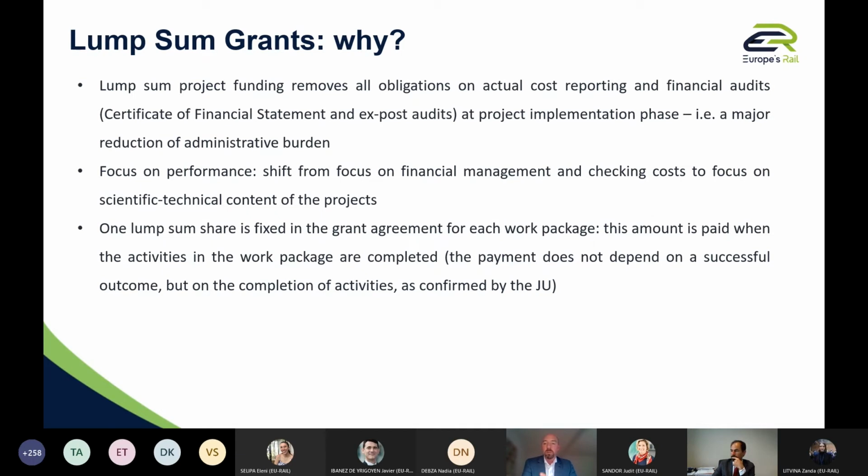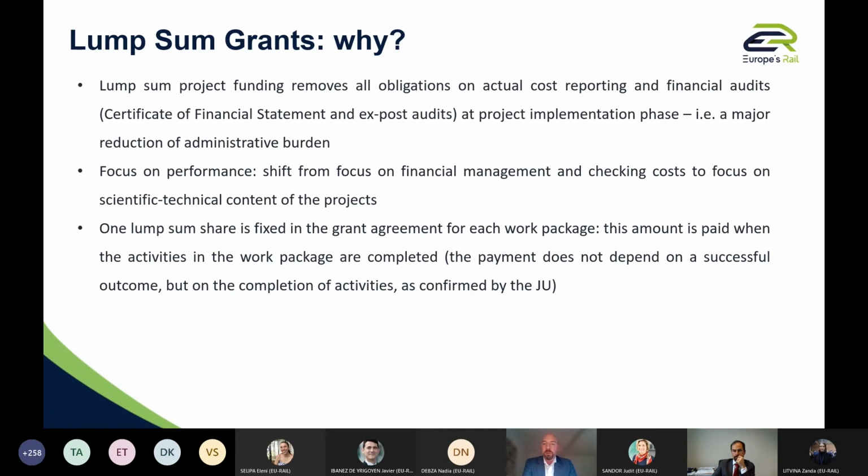Why? Because from the moment the grant agreement is signed, the lump sum project's funding removes all obligations on actual cost reporting that are in force in a standard grant agreement, and removes the obligation of financial audits. So some of you may know that under standard grant agreements, you have to provide in final payments above a certain amount a certificate of financial statement, and you may also be hit for ex post financial audit. So at project implementation phase,